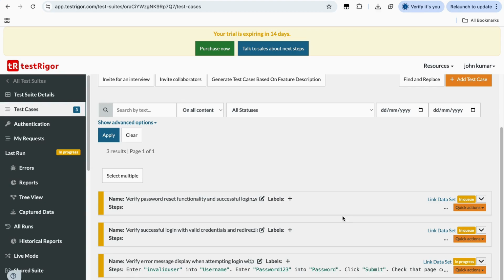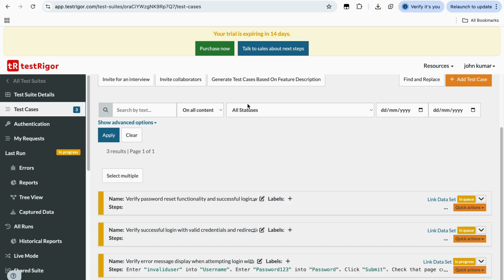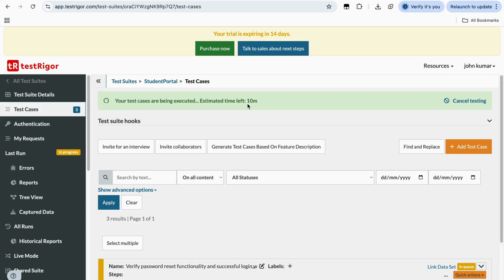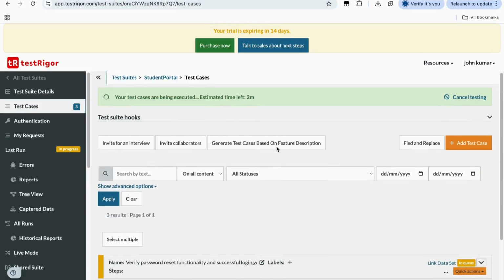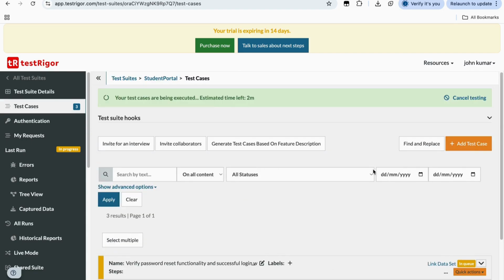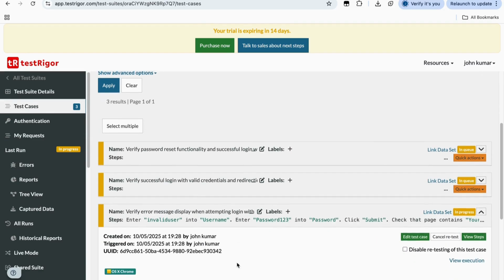So what's happening here is that it's still running. The test cases are being executed, and the estimated time left is 11 minutes. So that's going to take some time. Let me just wait. We have 2 minutes left for the test cases to run, and as you can see here, you can also see the